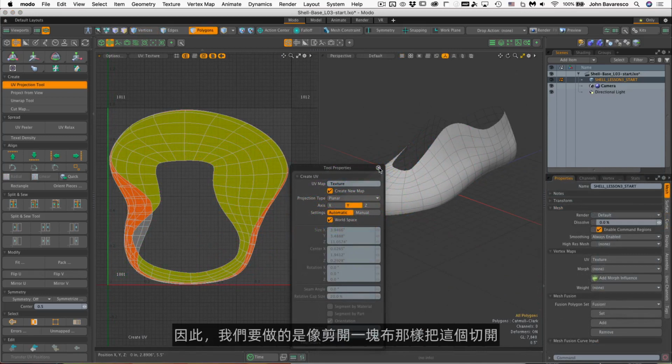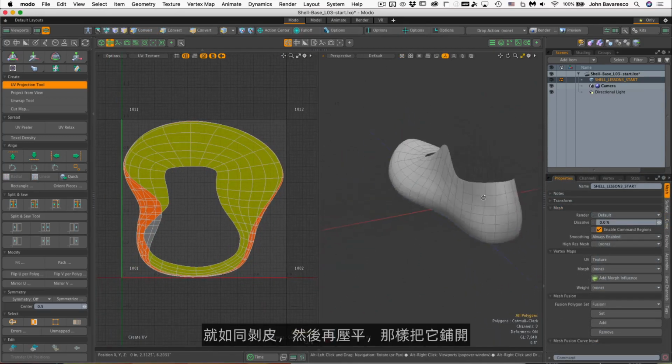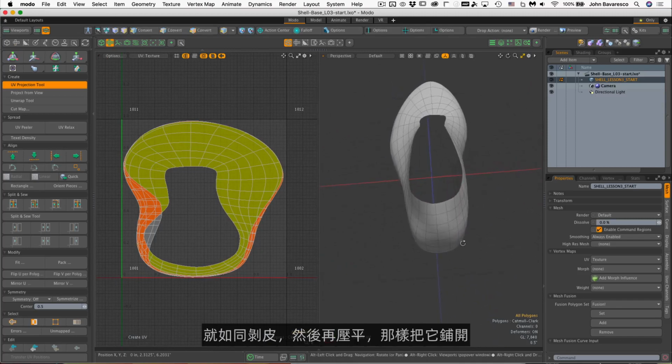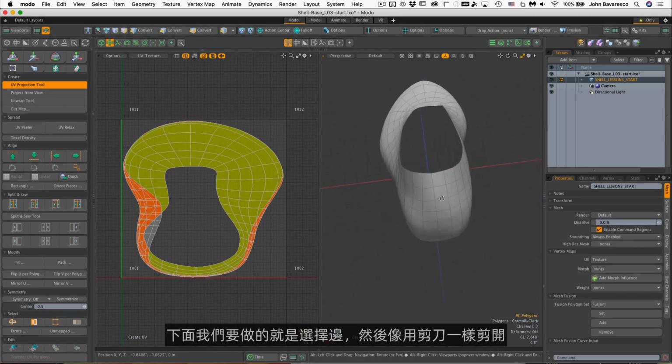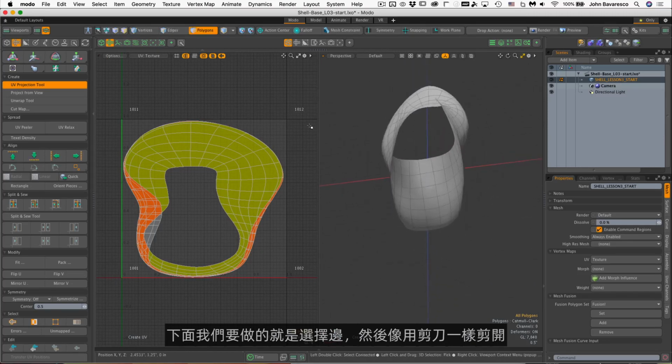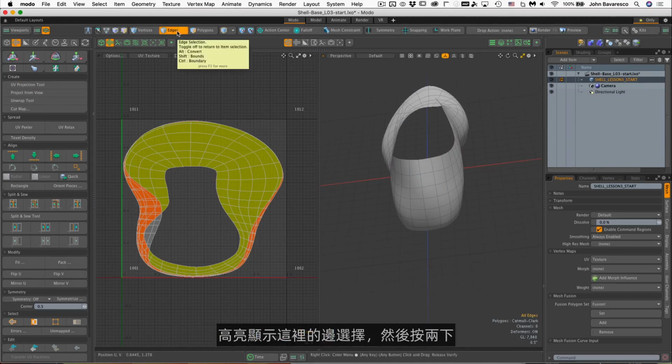So what we need to do is cut this as if it were a piece of fabric, like a pelt, and just flatten it that way. The way we do that is we have to select edges as if we were going to cut this with scissors. So what I'm going to do is highlight my edge selection here, double click on that,